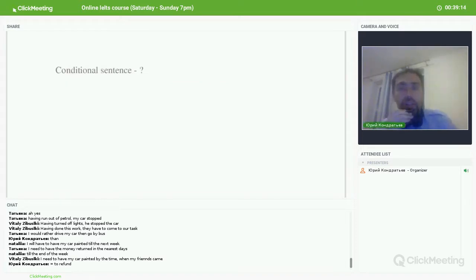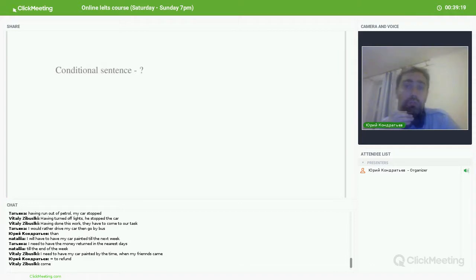And let's make a conditional sentence. It can be a request, for example. I would be really grateful if you could. It would mean a lot to me if you could. You can make it like this. So let's make a conditional sentence. Maybe a request, maybe something else. Or maybe even third conditional. If I hadn't parked my car in that road, my car wouldn't have been damaged so much. Maybe like this. Or maybe a second conditional if it's a request.